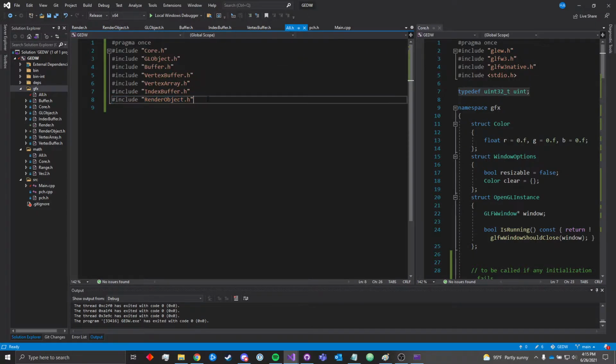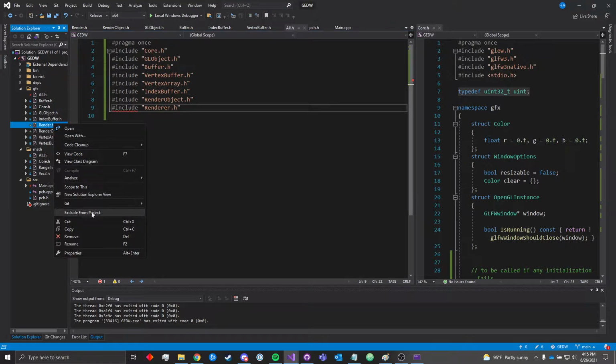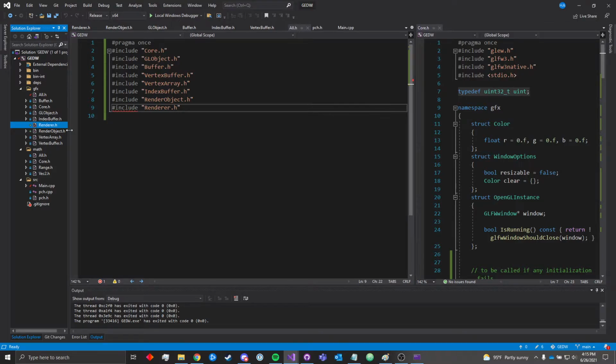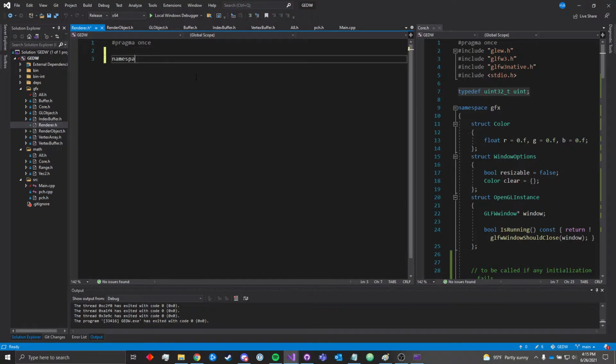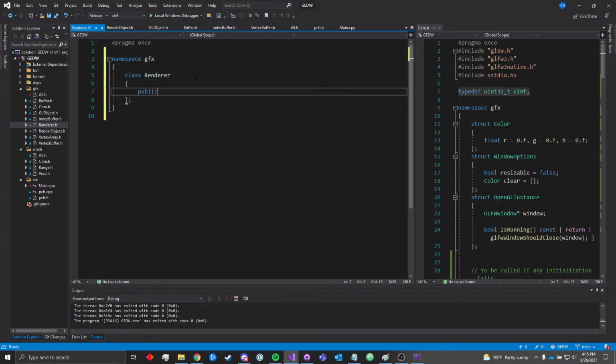I'll go ahead and include it in my all.h, renderer.h. Oh, I spelled it wrong. It's not render. Renderer. There we go. But for now, super simple. We don't even need a constructor or anything. We just need a single method. Well, we'll do three methods. We'll do clear,